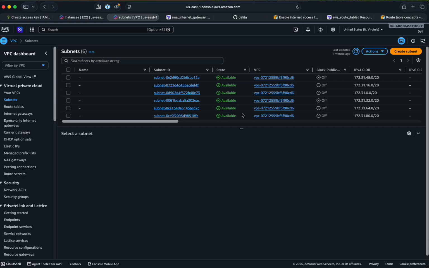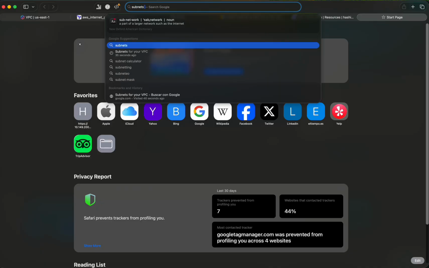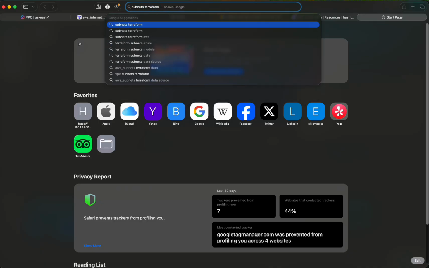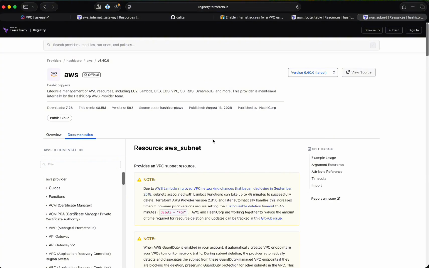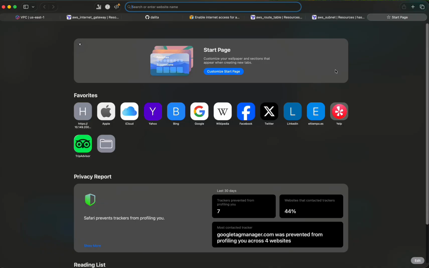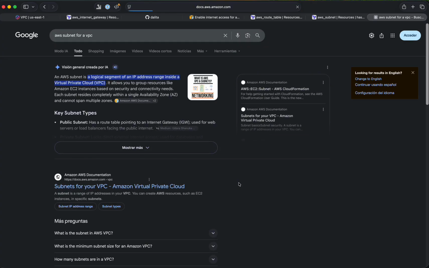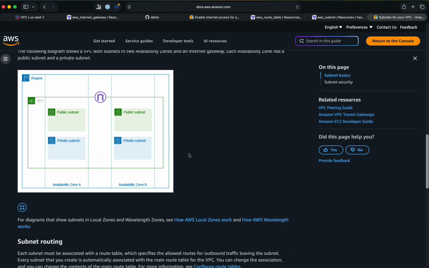As always, we'll start with the official Terraform documentation. We'll copy the example first and then adapt it to our own project. A subnet is simply a smaller network inside a VPC. Instead of placing every resource into one large network, we divide it into smaller sections. This gives us better organization, security, and control. Some subnets will be public, others will remain private, and later in the course, we'll decide which AWS resources belong